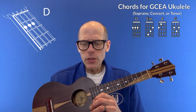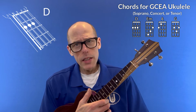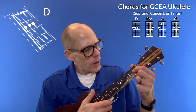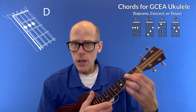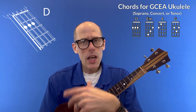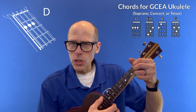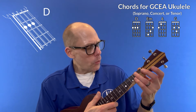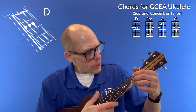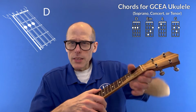All right, the first chord you're going to need is the D chord. Now, I always play the D chord with my first finger at the top of the third string, second fret, and my other two fingers around it like a tiny G7. You can play it however you want. You can put all three fingers in a row. You can play it with 2, 3, 4. You can play it with one finger. You can play it with two fingers. The only thing we ask is that you don't play it with your thumb because then it's hard to make